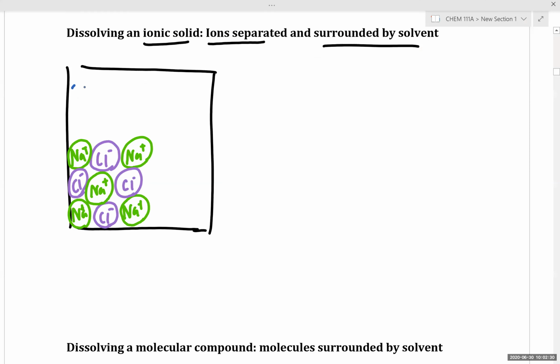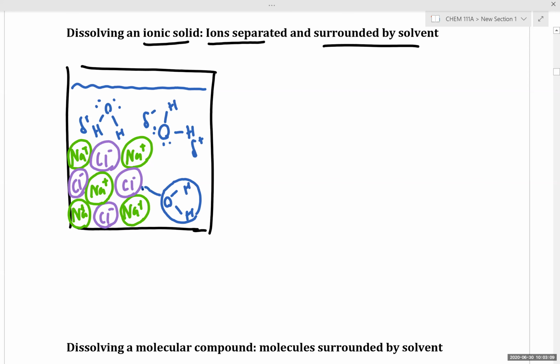Okay, now we're in water. So what's going to happen is that water is going to attempt to disassociate our cations and anions. These water molecules will bump into our ionic compound. So our water molecule will bump into our ionic solid. Let me just show that. This water molecule is just going to bump into